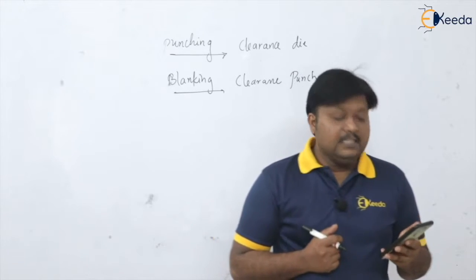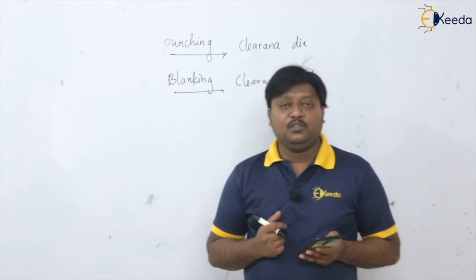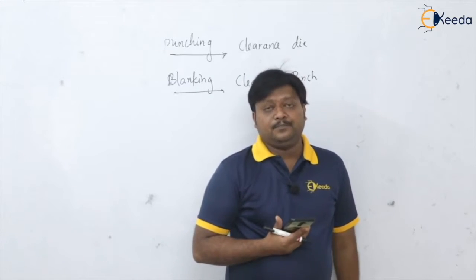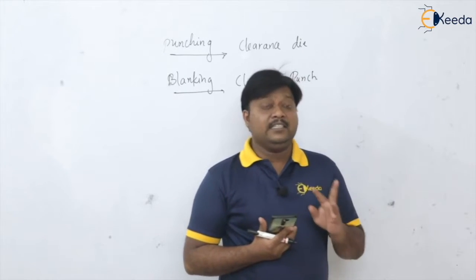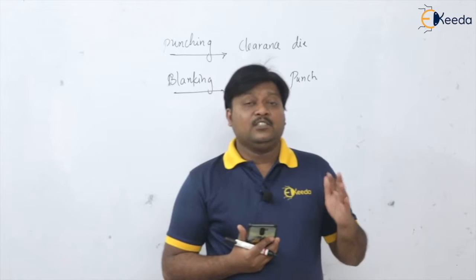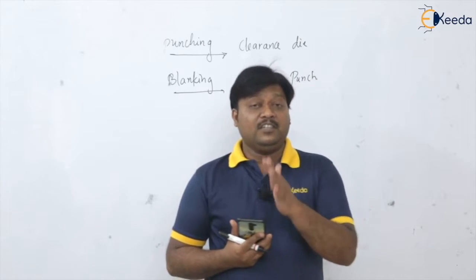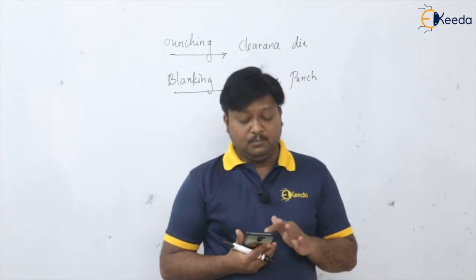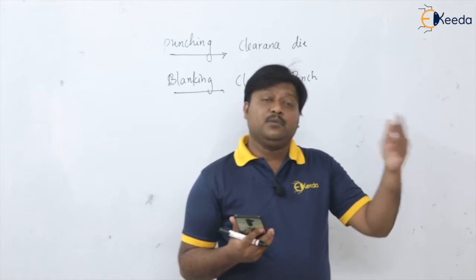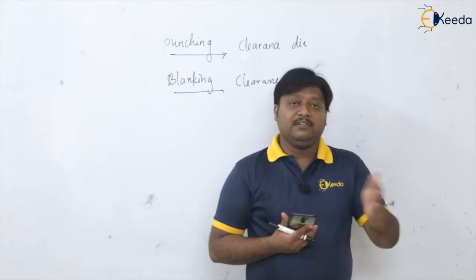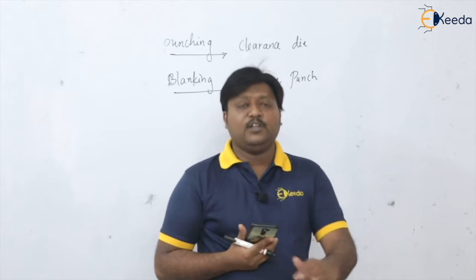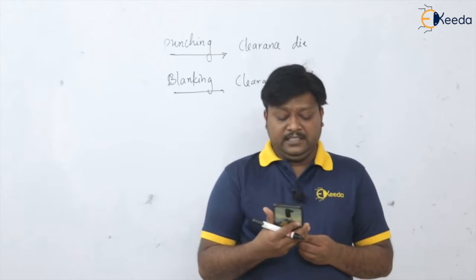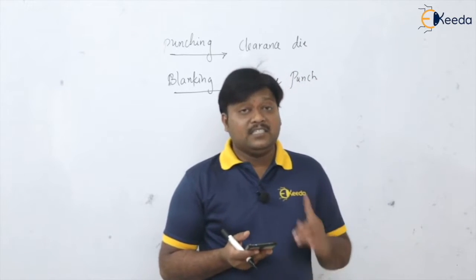This limiting draw ratio, we saw yesterday what is meant by draw ratio. It is used to determine the number of passes in the deep drawing operation, and it is not a reduction ratio. For reduction we have the draw reduction ratio, like initial diameter minus final diameter divided by initial diameter, but this is the draw ratio, that is diameter before drawing operation divided by diameter after drawing operation. So this depends upon the yield strength of the material. Please remember, the limiting draw ratio depends upon the yield strength of the material.